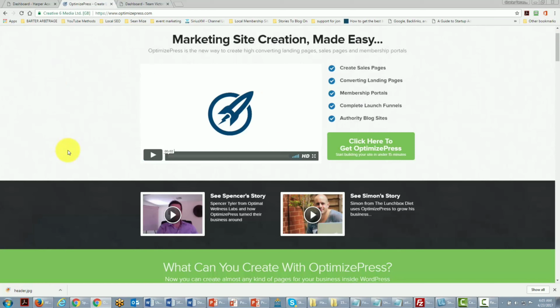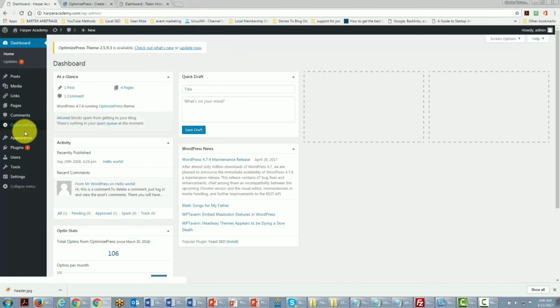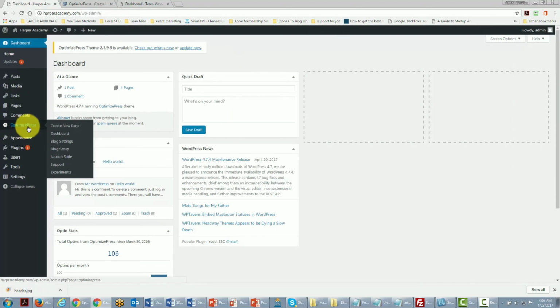One system that a number of network marketers rely on is called Optimized Press. While there are many systems that will give you sales pages, Optimized Press is a theme that will allow you to build business pages, whether it's for your front page or for things that you want to sell and offer to your customers. Once Optimized Press is installed inside of your WordPress website, you have a separate Optimized Press